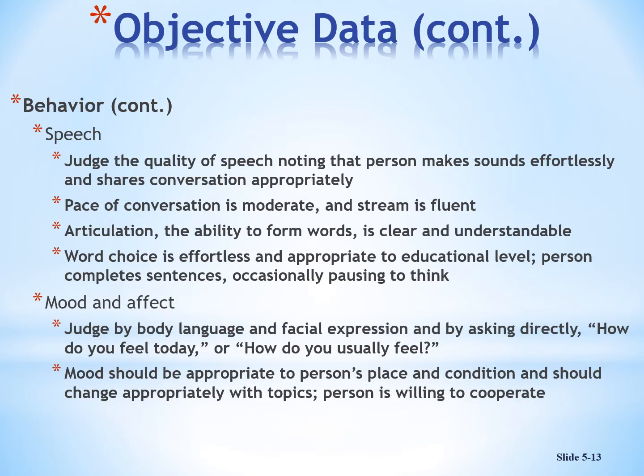The speech is very important. It gives us a sense as to what is going on with our patient. So we look at the pace of their speech. If someone is talking a mile a minute to you and you're not able to get a word in edgewise, there could be some problems related to what is going on with the patient mental health wise. If the person is struggling to find words, remember we did aphasia, Broca's aphasia. If the person is struggling to get words out, then we know that there is a particular issue going on, okay? And then the choice of words for the patient also comes into play as well. So we need to keep that information as well.